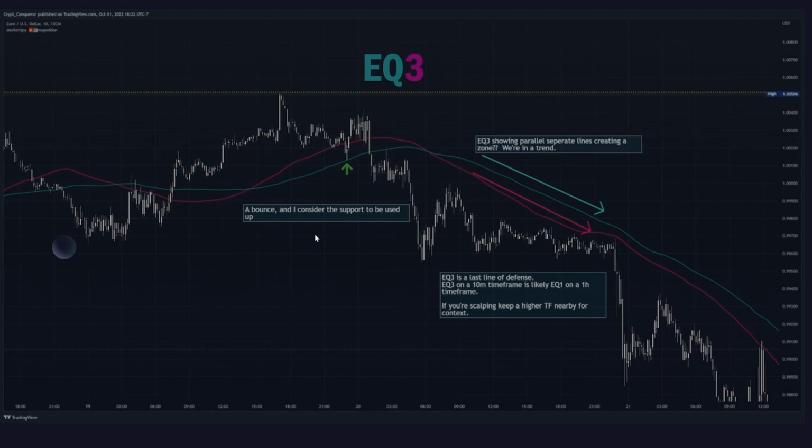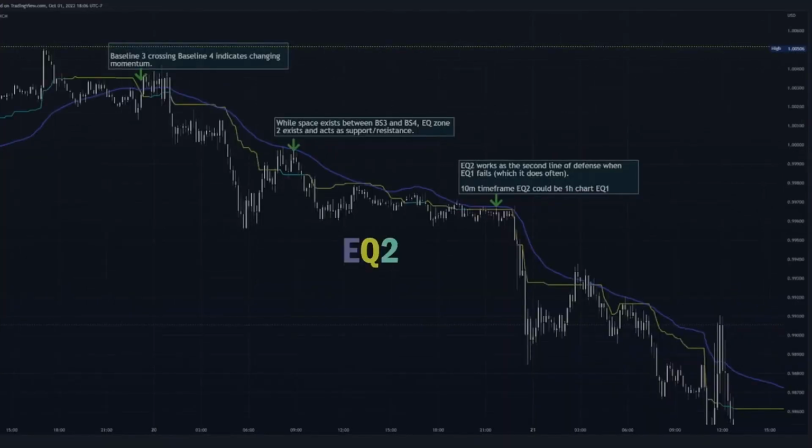Anyway, well, there's EQ zone 2, EQ zone 2. How do I use this? Like arrow keys? There we go. Yeah, so